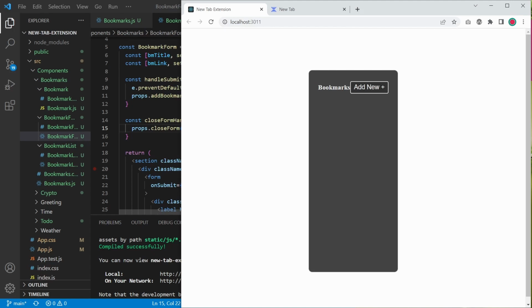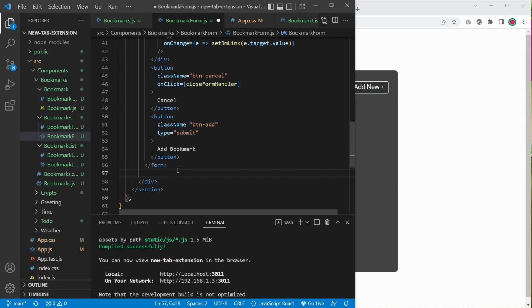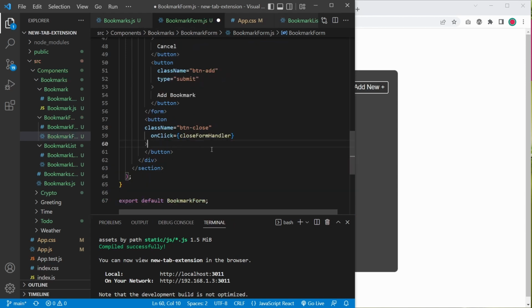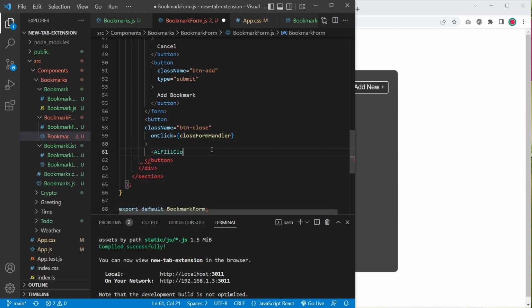Cool. I'm actually going to add another closing button, the almighty X button we usually see everywhere in pop-up modals. All right, so here outside of this form, I'm gonna say button and it's gonna be btn close. All right, and whenever we click this, we're gonna say close form handler as well. And then here, I'm gonna use an icon instead. So I'll say AiFillCloseCircle,